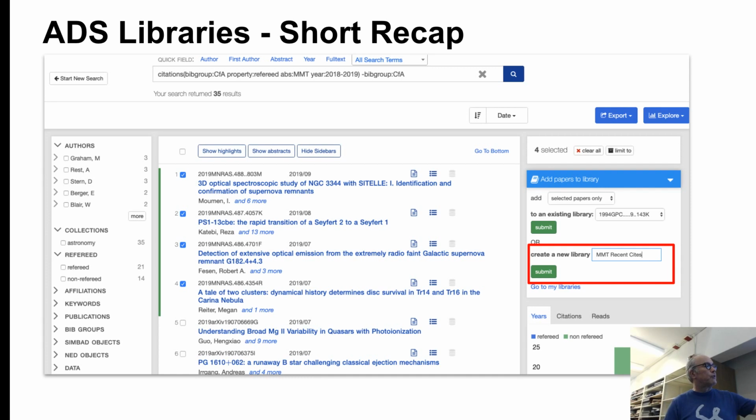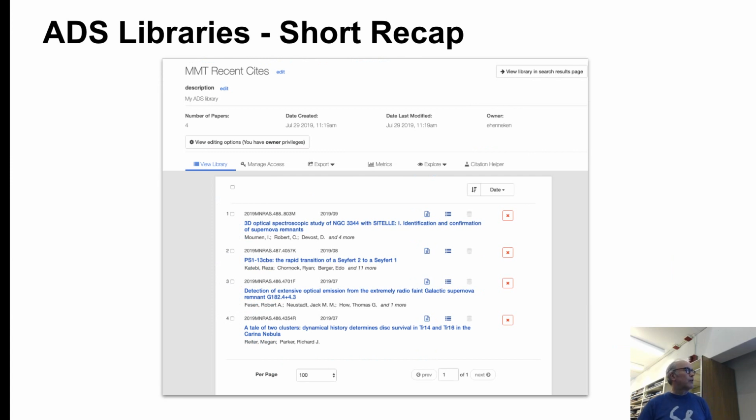In the red square, you have the option to create a new library if these are records that you want to put into a new library, or if you want to add them to a library that you've created before, then you can select that library from the drop-down list and add these records to that existing library. And once you've hit the submit button, in this case we're creating a new library,